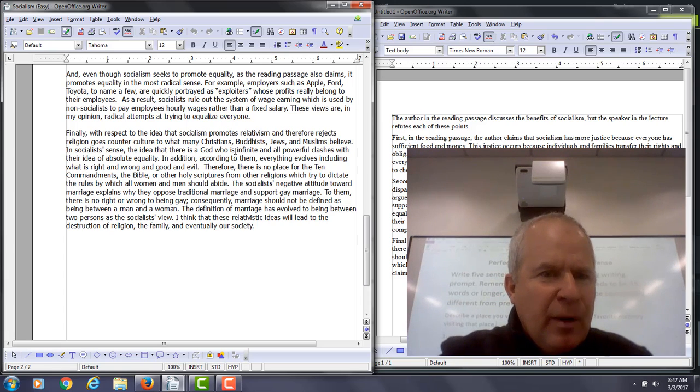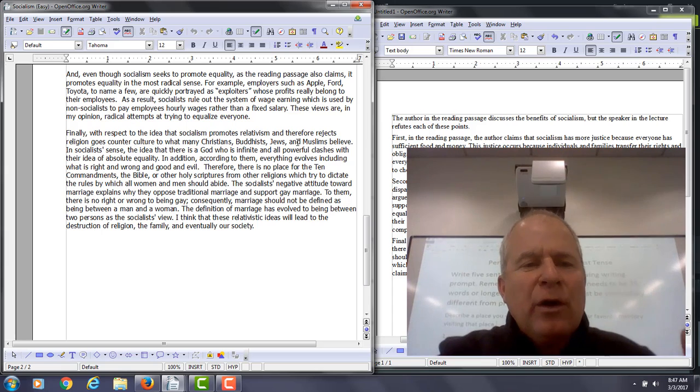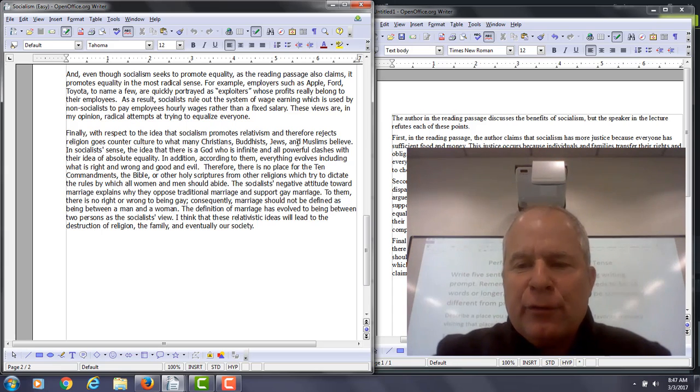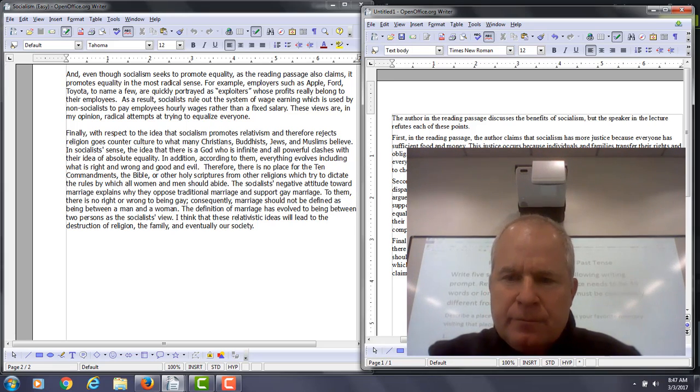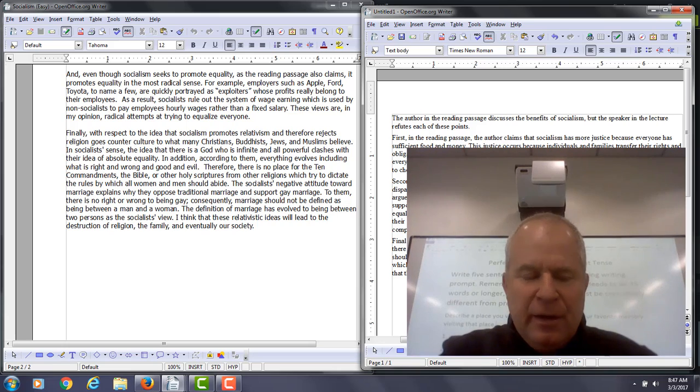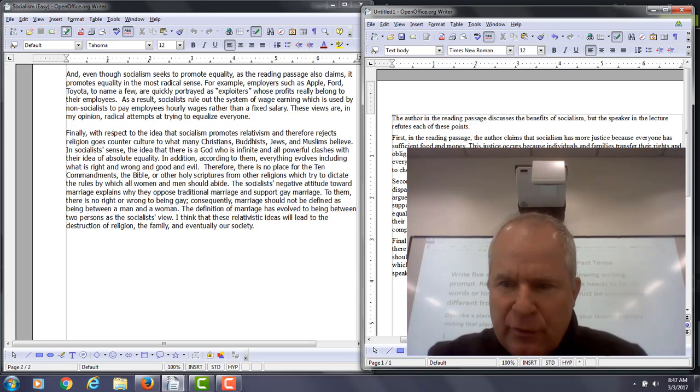And here it's talking about Christians, Buddhists, Jews, Muslims, right? So you can just say religious beliefs, and that kind of covers all these different groups. So that's what you said, so that's good. I like how you're concise. So the speaker, however, believes relativism, which is promoted by socialism, goes against many, you might say here, many of the, make it into an adjective, religious beliefs